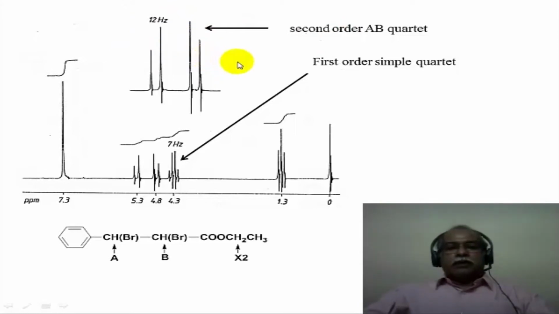Let us see some more examples of AB quartets and familiarize ourselves with the pattern that we recognize in each one of the spectra. Pattern recognition is extremely important. That makes life easy for the interpretation of the spectral data. Once again, I should emphasize that in this spectrum, what is important is that from the midpoint of the spectrum, which is somewhere here, on either side the spectrum looks symmetrical. This is extremely important to recognize.